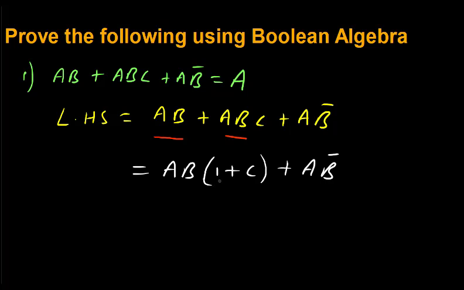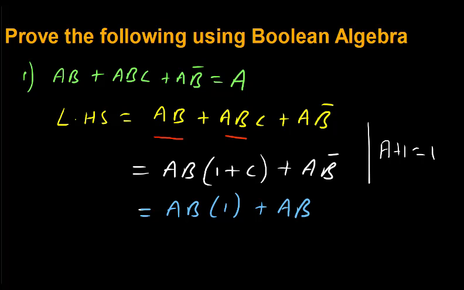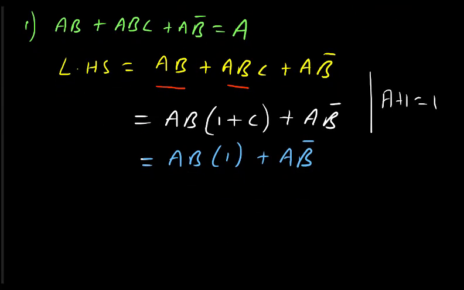Now we know 1 or C is equal to 1. So from the laws of Boolean algebra we know this, A or 1 is 1. Same way, C or 1 is also 1. So what we have here is now A B, and here we have 1, A B bar. 1 into AB is of course AB. This is equal to AB